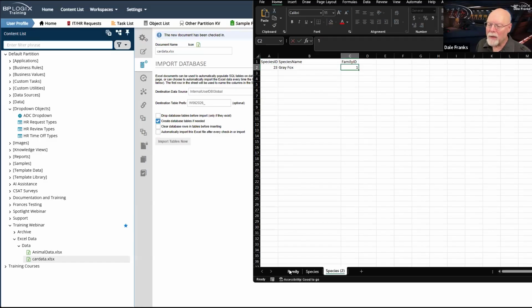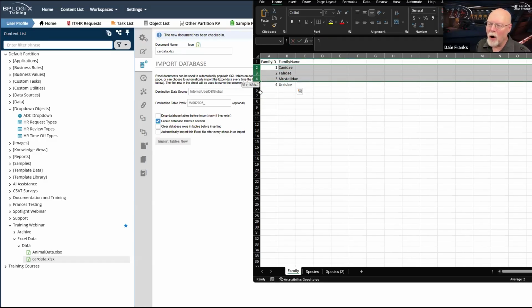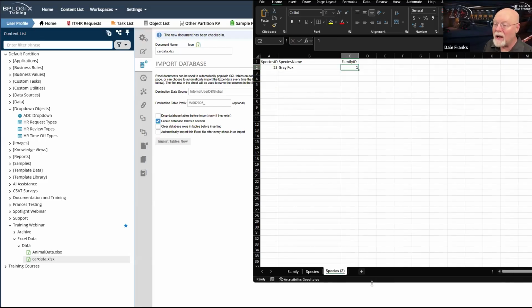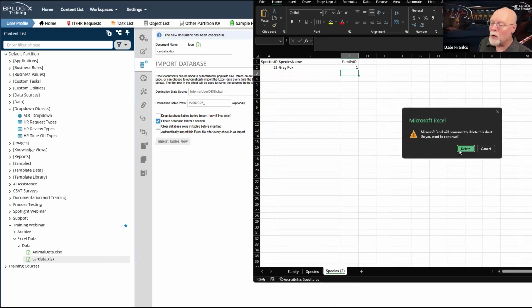And now the problem is that on the second import, all of these would have to be blank too, because I wouldn't want to re-import all four of these records because they already exist, right? So on a second import, this would be blank. The only thing I would bring in would be species. And in fact, I could just bring in the species record and it would just add this new record to species. So technically, if all I'm going to be doing is adding new records, as long as I know what I'm doing, I can do it this way. I think that is very much a minority of the use cases.